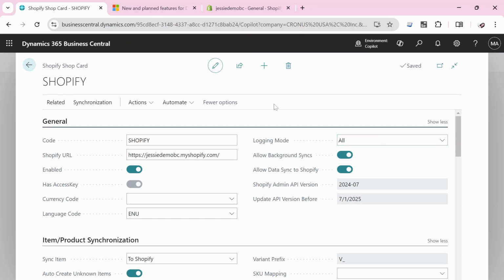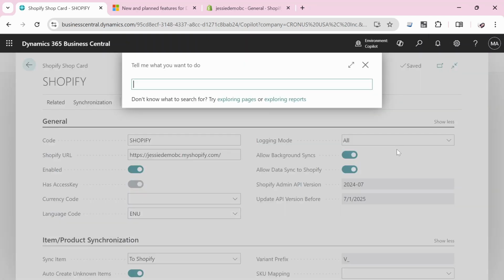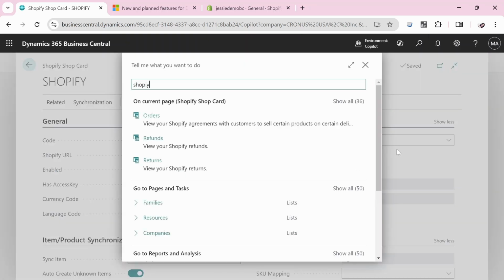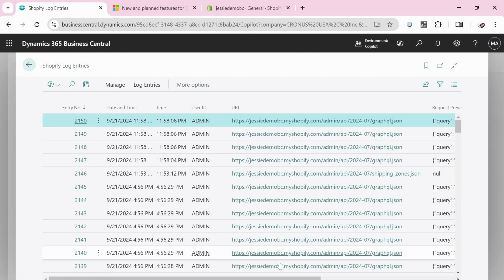So in order to troubleshoot, since it didn't really tell you once it completed synchronization of the posted sales invoice, it didn't give you an error at the end after that synchronization. So you have to go to the Shopify log entries within Business Central to check the API response, like what I did. So in the Shopify log entries, you can look at these API